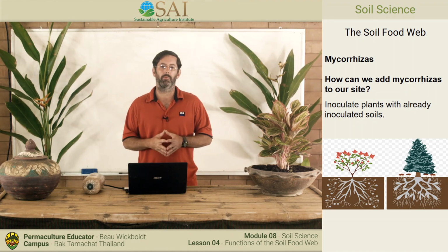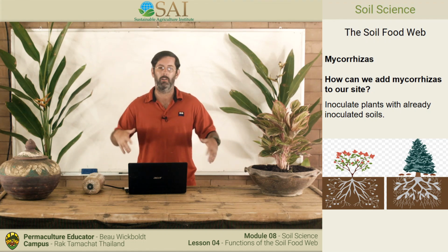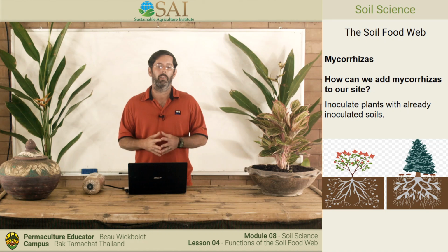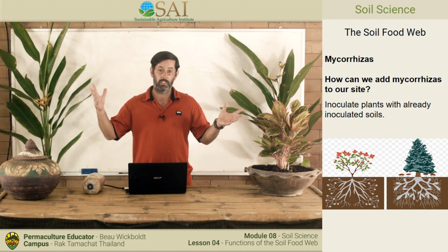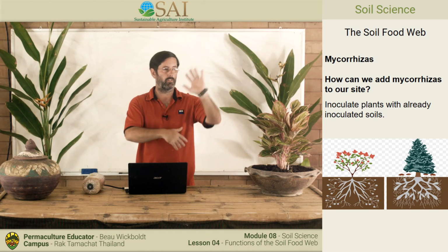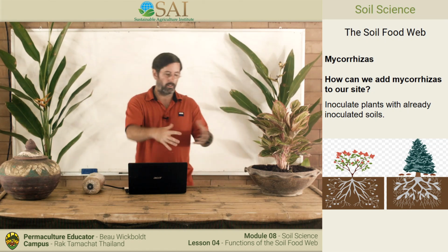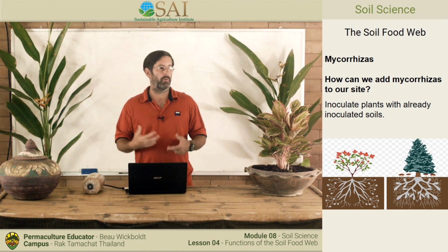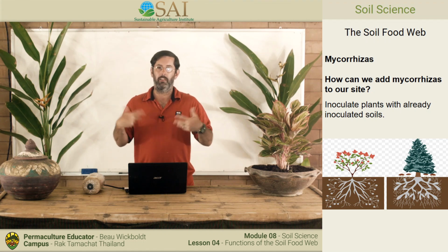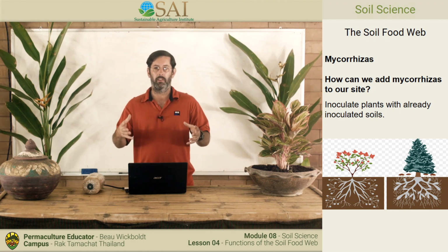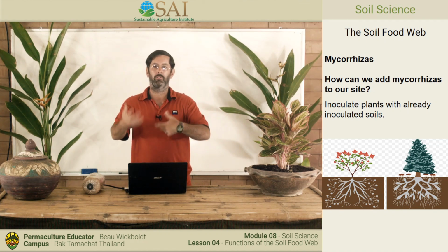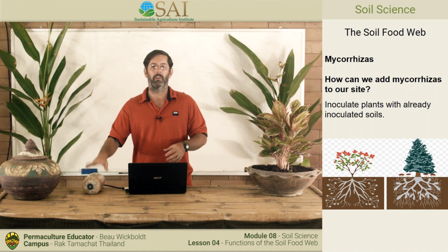So as I discussed when we were doing our compost, if I don't have a compost pile and I want to try to get a mycorrhizal compost going, then I would go to the edge of a forest or underneath a large mature tree, side of the road with trees that have been there for 20 years. And I go get me some of that really great forest canopy, like the topsoil. If I take that, it's going to be inoculated with that. And then I'll bring it and put it into my compost pile to inoculate my compost pile to get mycorrhizal